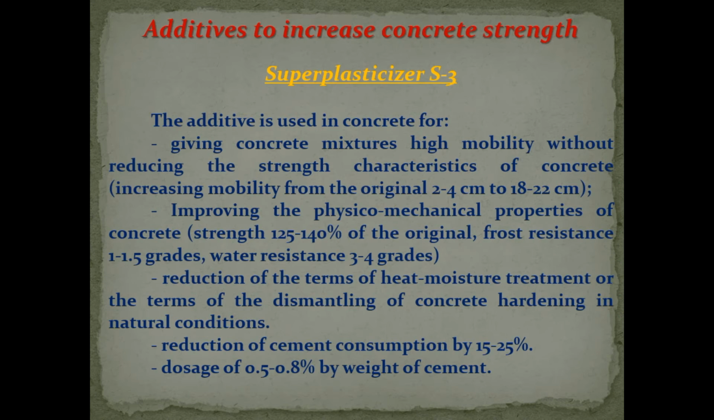Additives to increase concrete strength. Superplasticizer S3. The additive is used in concrete to give concrete mixtures high mobility without reducing the strength characteristics: increasing mobility from the original 2-4 cm to 18-22 cm, and improving the physical and mechanical properties of concrete, with strength 125 to 140%